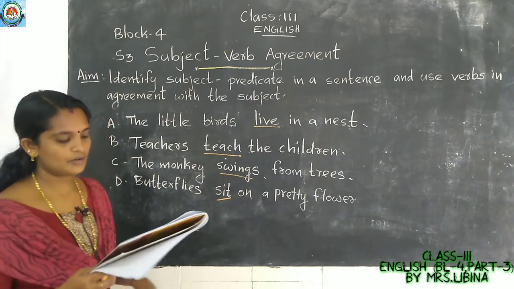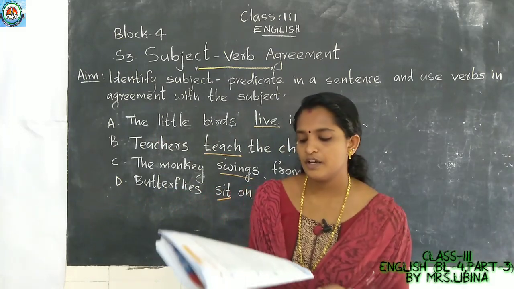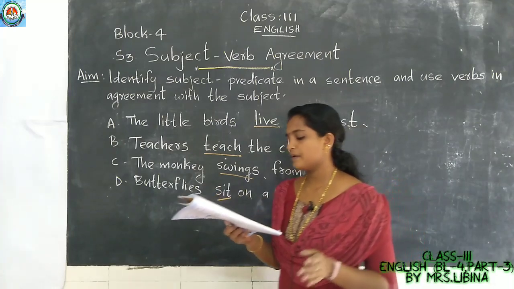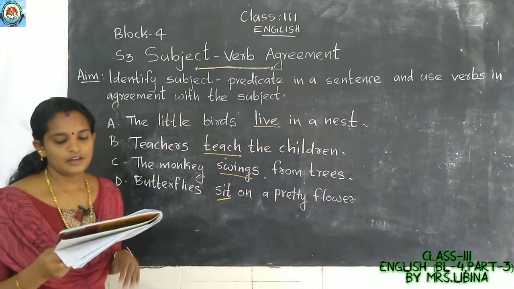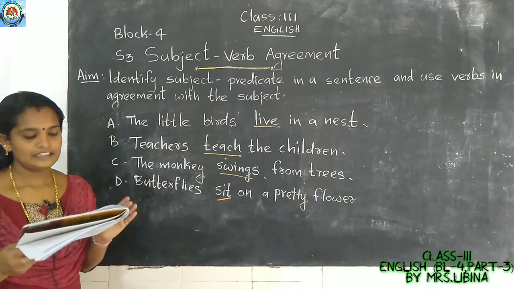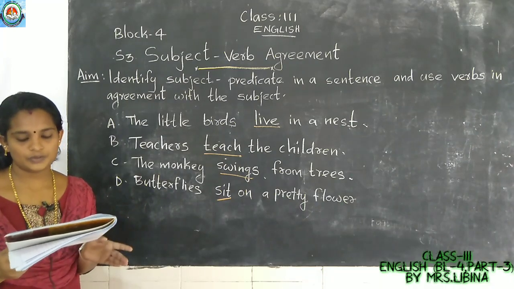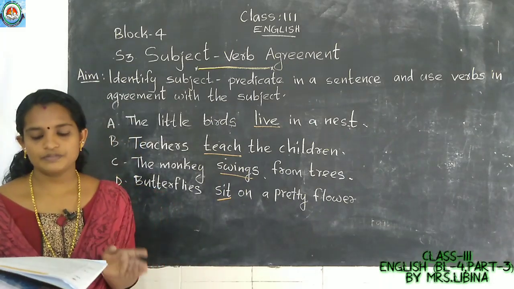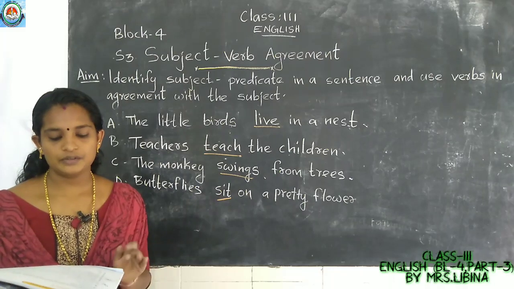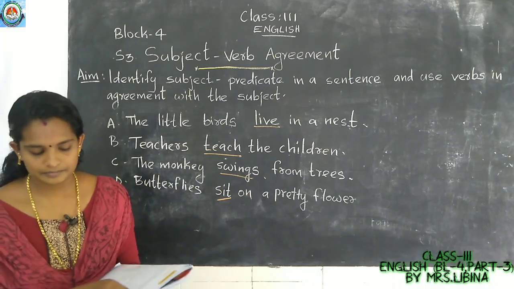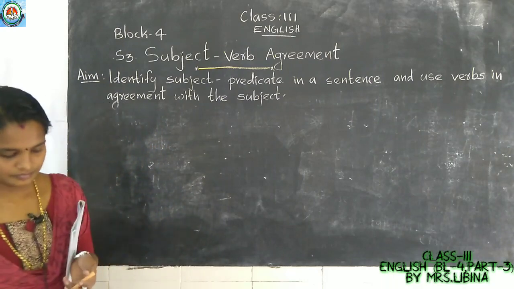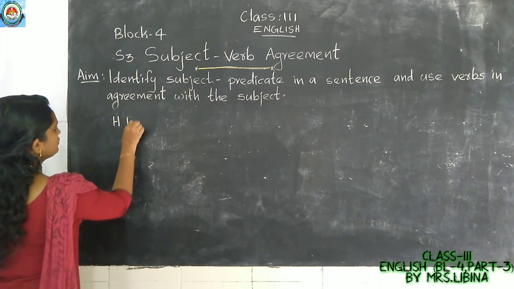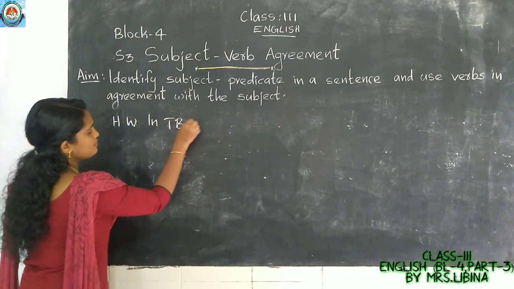Then the next question, third homework for you, very easy. Fill in the blanks with the correct verbs. A. The birds dash in the sky. Flies or fly. The children dash write or write stories. I dash dance or dances well. He dash prefers or prefer tea. Renu dash study or studies. Okay. Then write down your homework in textbook.